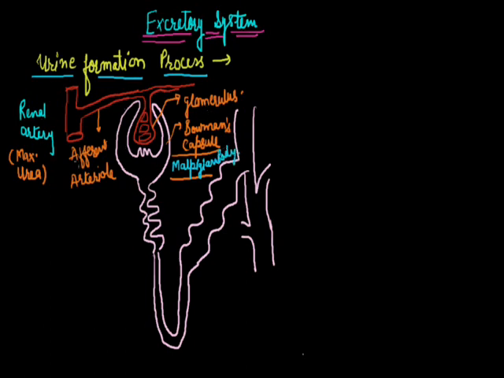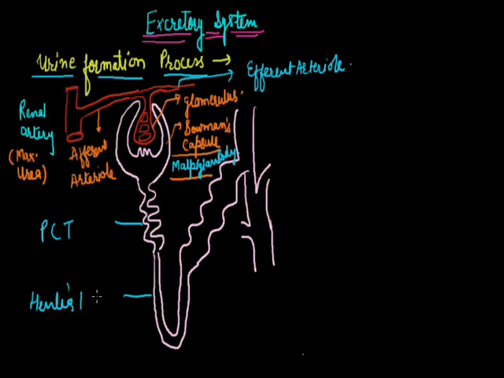Now one more point is here: the afferent arteriole, which supplies blood to the Bowman capsule, has a large diameter as compared to the next portion of it, which is known as the efferent arteriole, which takes blood away from the nephron. This efferent arteriole again gets further branched and forms a capillary network around every tube of the nephron, whether it's PCT, DCT or Henle's. The PCT portion, proximal convoluted tubule. This is Henle's loop. And this is the DCT portion.